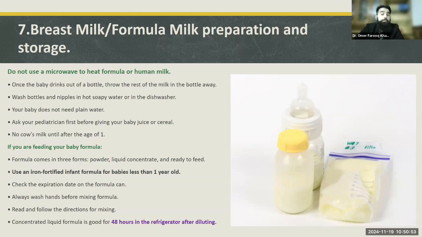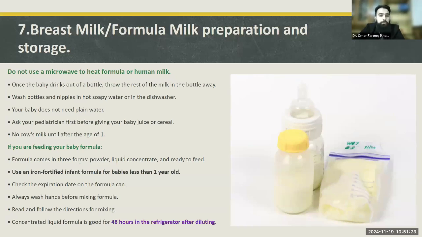It is a common practice here in Southeast Asia, in Pakistan, India, and Bangladesh. They keep giving plain water to the babies, and they think the baby is getting dehydrated, while in reality, the baby is not getting dehydrated. If you care about the baby's water intake, you just give an extra amount of water to the mother, and the mother's milk will clear all kinds of water deficiencies in the baby as well.